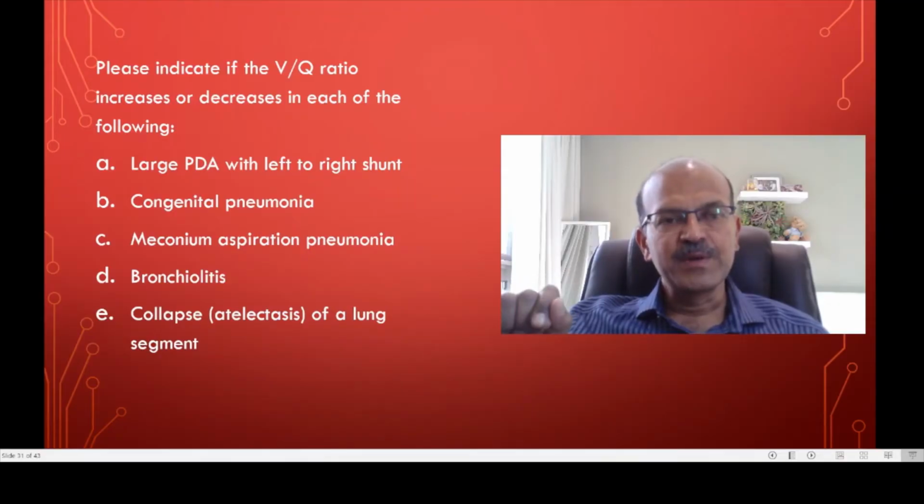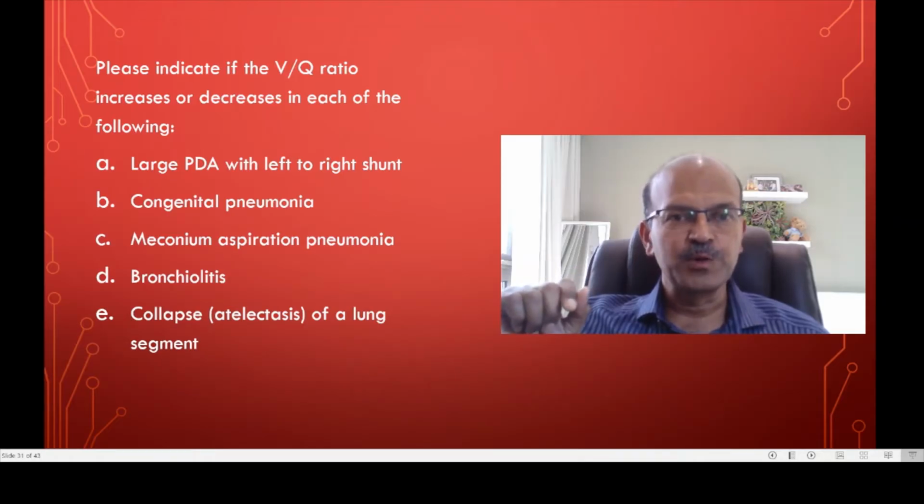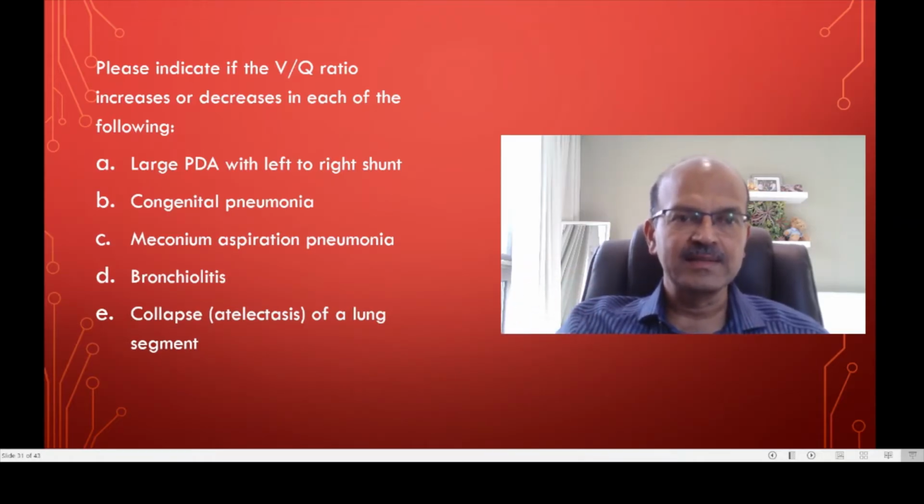So we have an MCQ in this case about the ventilation-perfusion ratio. We have to indicate if the VQ ratio increases or decreases in each of the following. A large PDA with left to right shunt, congenital pneumonia, meconium aspiration, bronchiolitis, and collapse, which is atelectasis of a